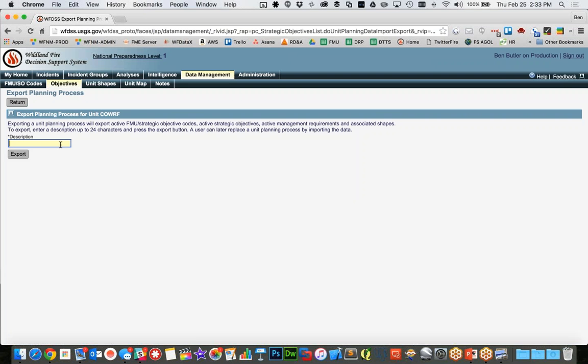Nothing comes out of WFDS. It all stays within WFDS. So the term export is sort of misused here, but you can give it a description. Maybe it's today's date. I think we date stamped it, but you can give it today's date. You hit export,